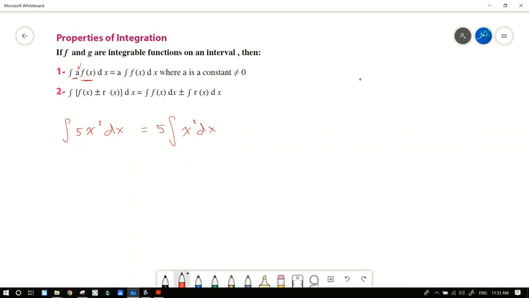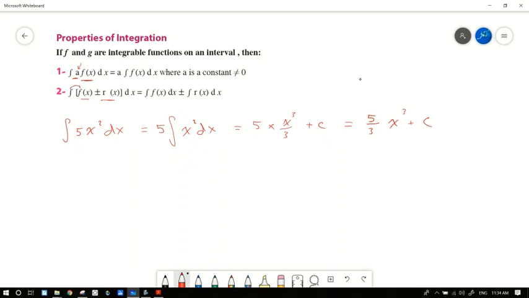So 5 times the integration of x power 2 dx will be x power 3 over 3 plus c finally, which can be written as 5 over 3 x power 3 plus c. And the second property that we can discuss is integration of f of x plus or minus r of x. If I have many functions added to or subtracted from each other,